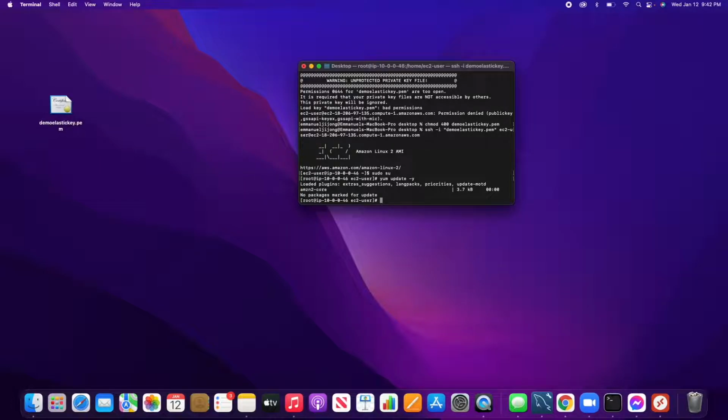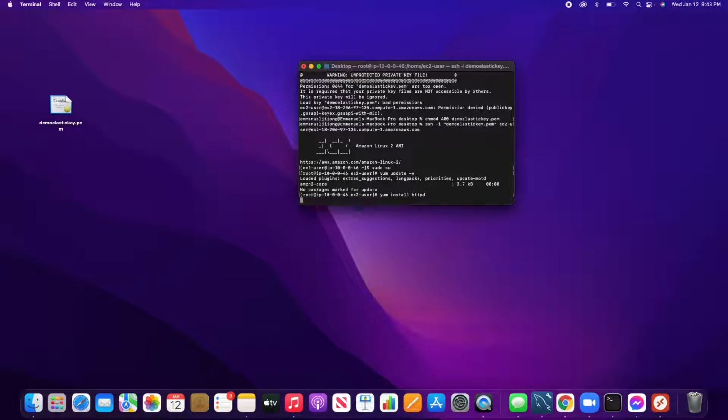Now if you're updating your EC2 instance and you see a message like this that says no packages marked for updates, that's fine. Just go straight and install Apache. So to install Apache, type the command yum install httpd, hit enter,